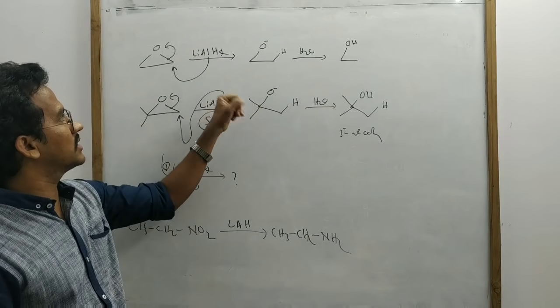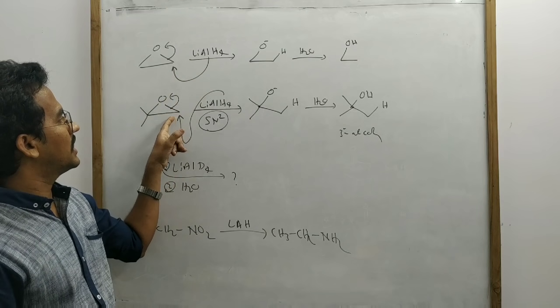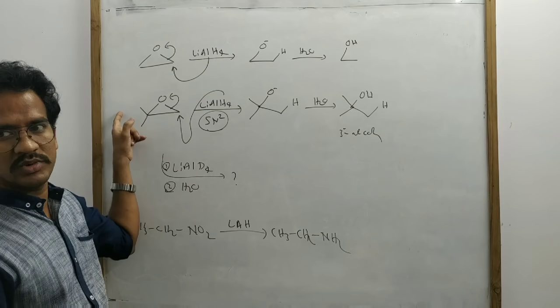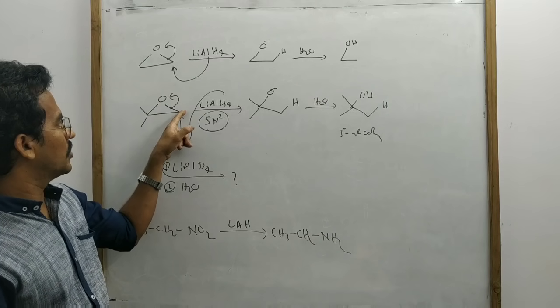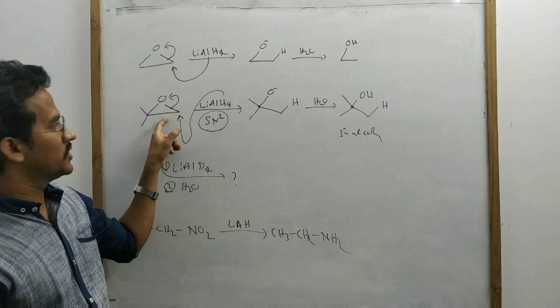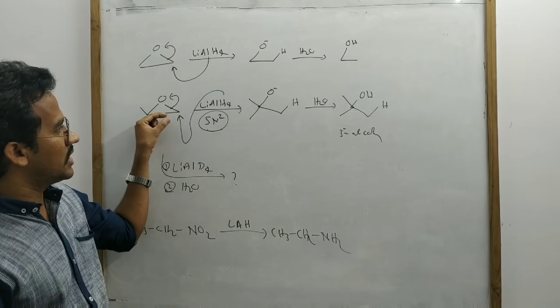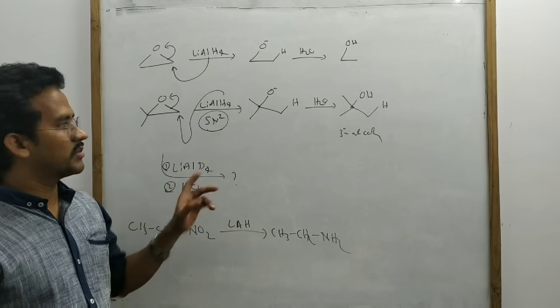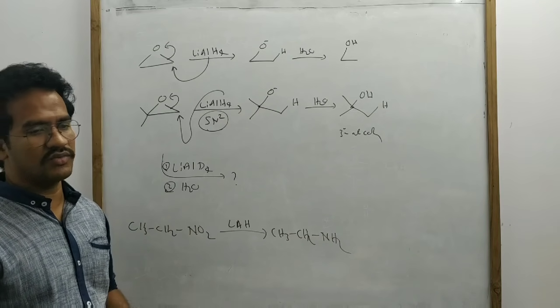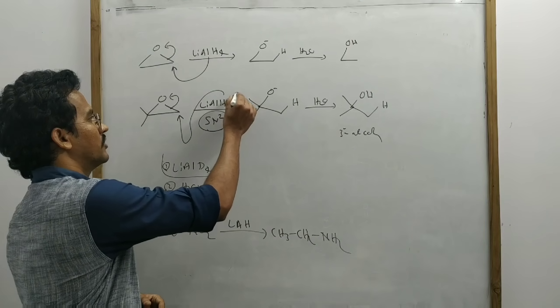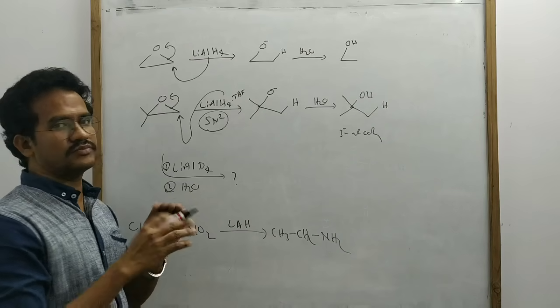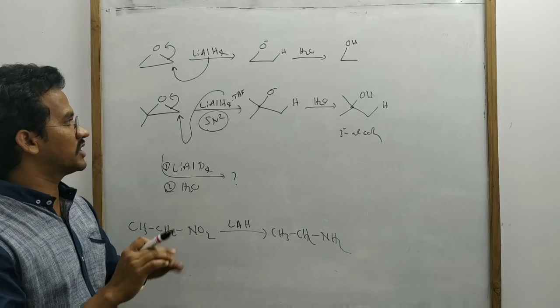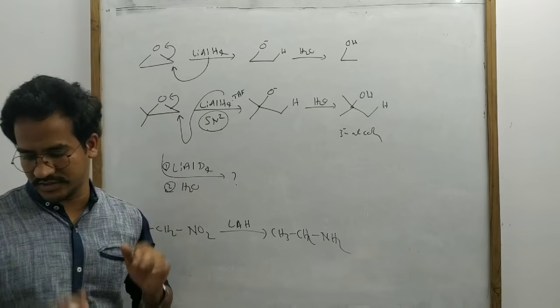Cyclic ether, in case of cyclic ether, H minus attacks at the less substituted carbon. Here there are the two methyl groups. So in this case here, no methyl groups, that means here no substituents. So always that H minus attacks on the less substituted carbon because that follows the SN2 mechanism. Because the H minus is a strong nucleophile and tetrahydrofuran is the polar aprotic solvent, so that favors the SN2 mechanism. That's it. Okay.